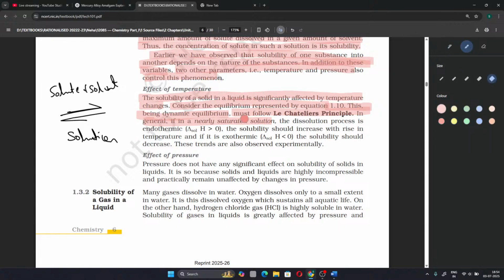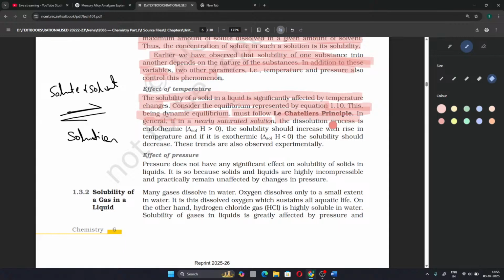This being a dynamic equilibrium must follow Le-Chatelier's principle. In general, if in a nearly saturated solution the dissolution process is endothermic, meaning it will need energy,